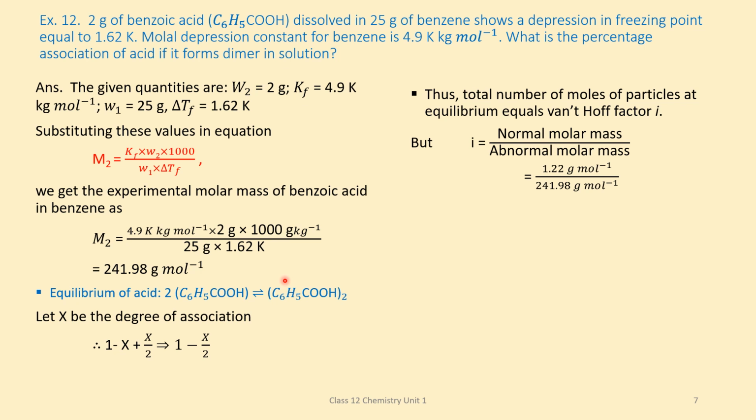Therefore, the degree of association of benzoic acid in benzene is given by the relation X by 2 is equal to 1 minus 1.22 divided by 241.98. That is equal to 1 minus, this value is 0.504,